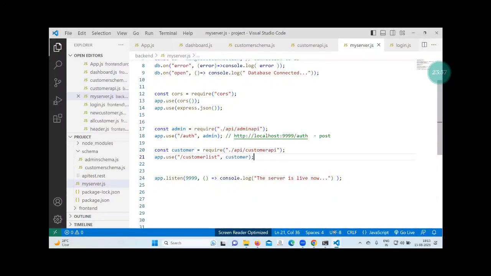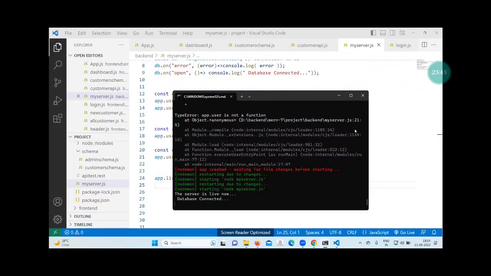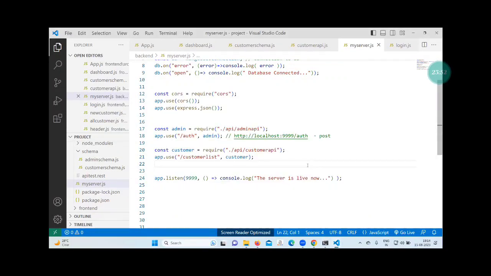Now we can check once in CMD, anything wrong or server is live. After writing this, check in the CMD. Hope there should not be anything wrong. Showing the last database is connected, server is live. Yes. Okay. So next we can go for the REST.test and we can add 2-3 users and then we can try to fetch the data. We will try to access first the admin URL, admin ID, and we'll append the admin ID while calling the data and we'll see if it is able to access or not.